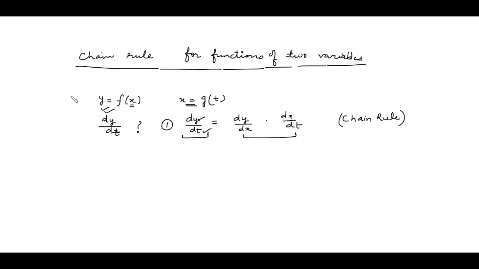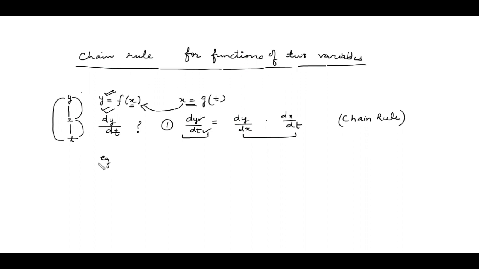What is given to us? Here it is given that y is a function of x, and further x is a function of t. Since we want to find the derivative of y with respect to t, the chain rule says that you first find the derivative with respect to x, then multiply with the derivative of x with respect to t. So this is the chain rule and this is the tree diagram. The other way is, you can substitute the value of x in terms of t. Now y will become a function of t, and now you can find its derivative.